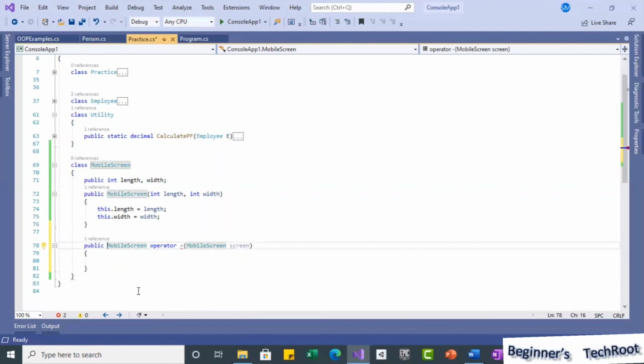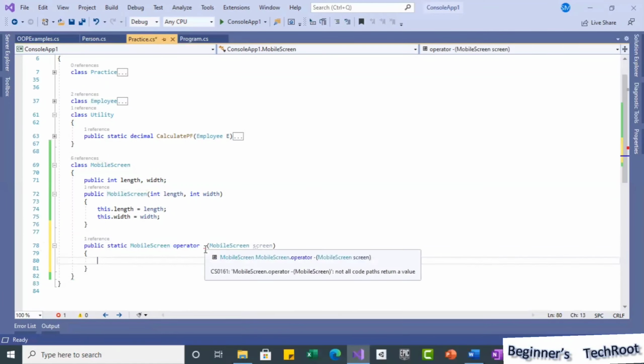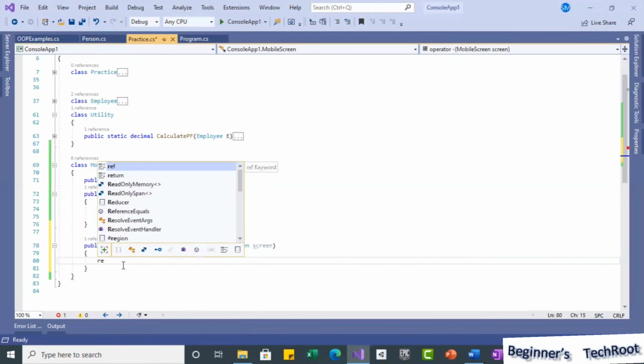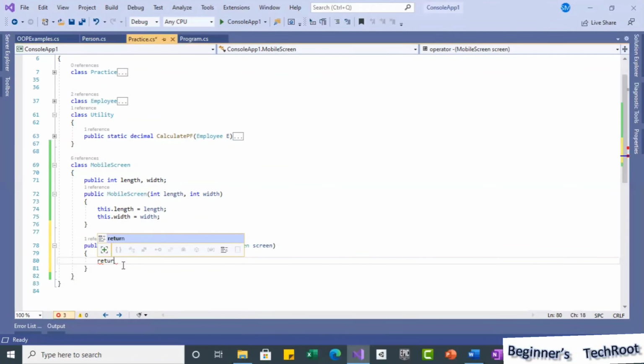Here, both public and static we need to use, right? So public static, both we want to keep for this, and then inside, as this is the return type, we are going to write integer. When we are passing, I want to subtract, right?